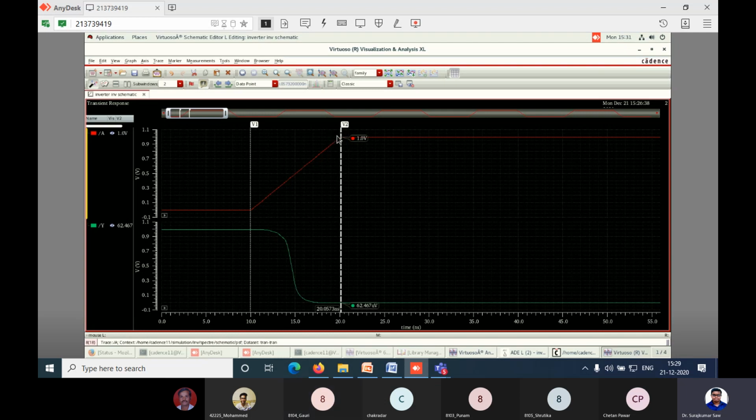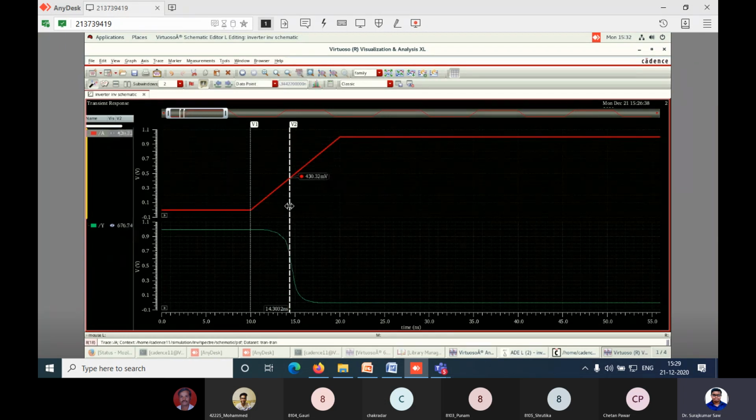The circuit is supposed to perform from here, whenever it tends to 1. Let's say we move this cursor to here, and let's say we are taking the threshold as 500 volt. If it is above the threshold level, the circuit shows the output 0, but unexpectedly the output we observe comes with a little bit of delay. You can see here from here we are getting 0. That means there is a little bit of delay between the input and the output response.